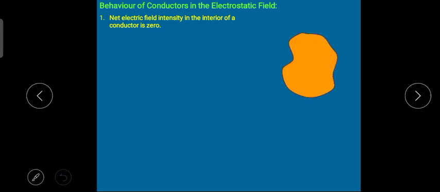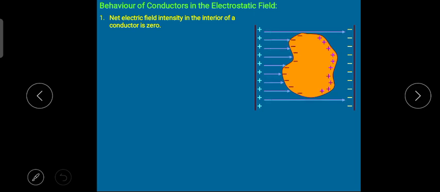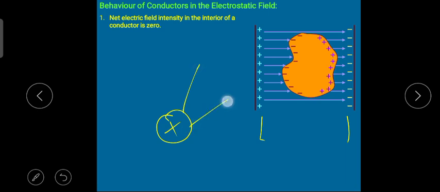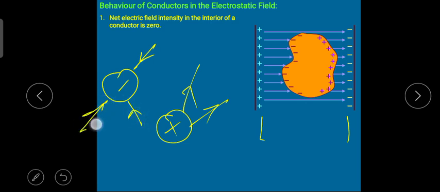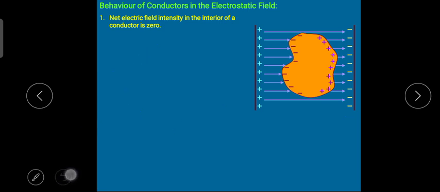Suppose this is a conductor and you have applied an electric field by means of electric field lines, positive plates, negative plates, and electric field, as we know that from positive charge electric field goes outside, and for negative charges electric field comes inside. That means they terminate at the negative charge and emanate from the positive charges. So what we are going to observe is that electric field inside this is 0. But why sir, why is electric field inside 0? The reason is,